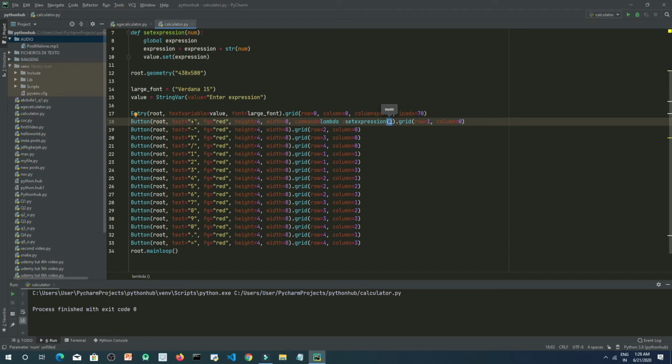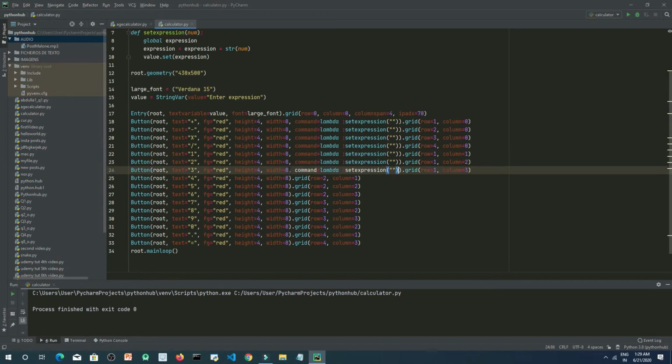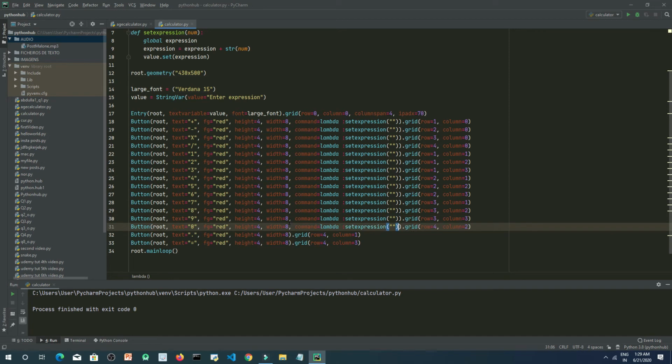Inside this we will pass some strings, right? Here the string will be this. Okay, so let's make it available for all. So we will use copy and paste. Copy and paste again, and that's done.